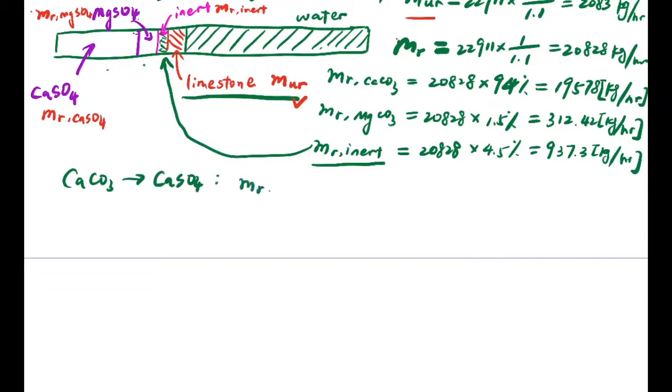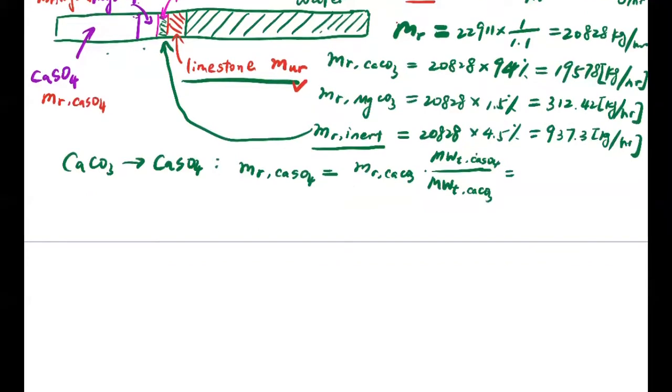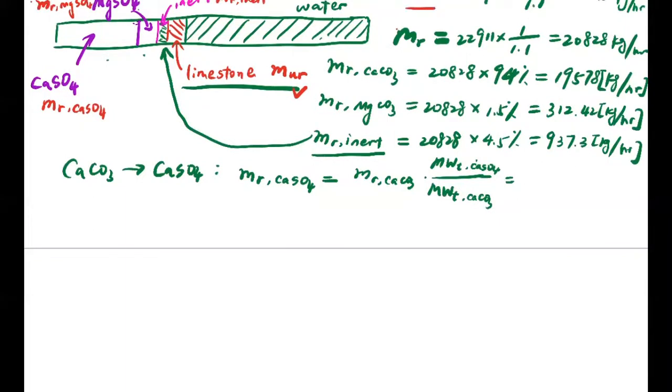Because of that, the production rate of the calcium sulfate is going to be the mass flow rate of the calcium carbonate divided by its molecular weight and multiplied by the molecular weight of the calcium sulfate. So that's going to be